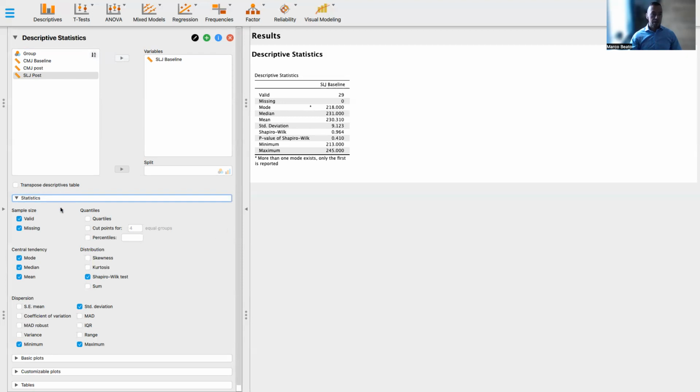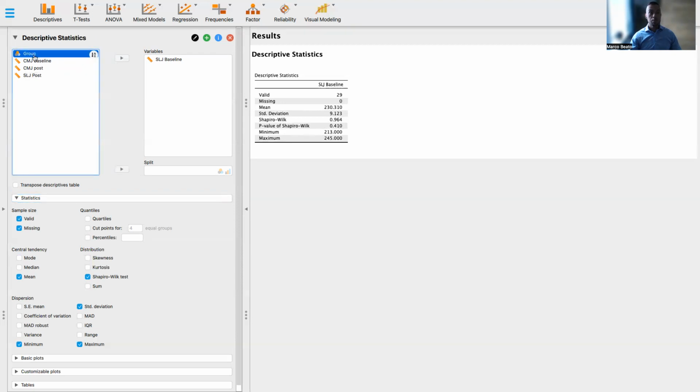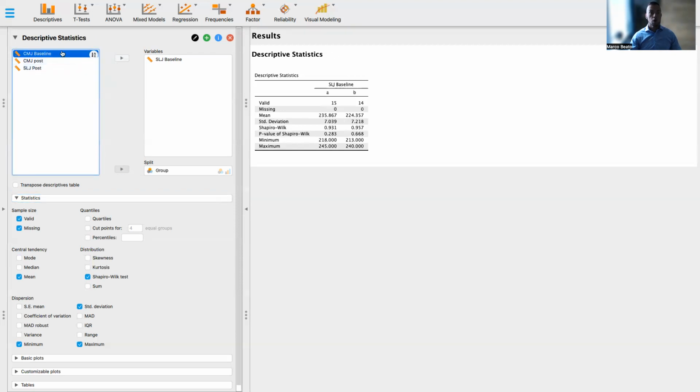Since in this specific case I'm not very interested in the mode and the median, I will deselect that and I will add another factor. Since this analysis is related to two groups, it is an independent t-test, I need to divide my sample based on the group allocation. So I will move the group here in split. And as you can see here, the table will create the information that I've selected. So for example, mean, standard deviation and Shapiro-Wilk test analysis for group A and group B for the variable